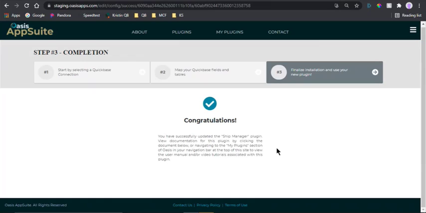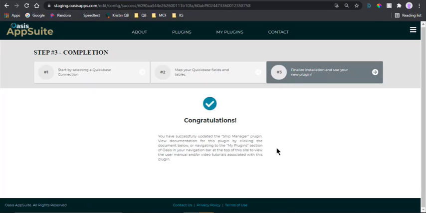In my case, I have already done my subscription and billing information. But if you have not, it's going to ask you for your subscription and billing frequency. And if you have any promo codes, there's going to be a promo code box where you can hit Apply. The last thing is you'll need to agree with the terms and conditions and click Submit. Once you click Submit, it will bring you to this congratulations page. We are now ready to